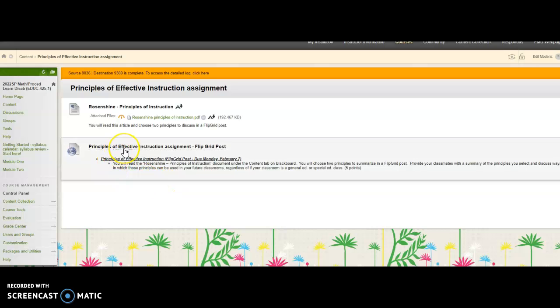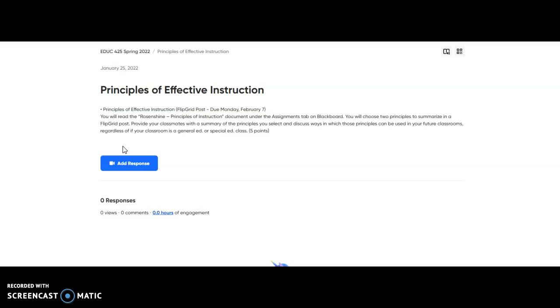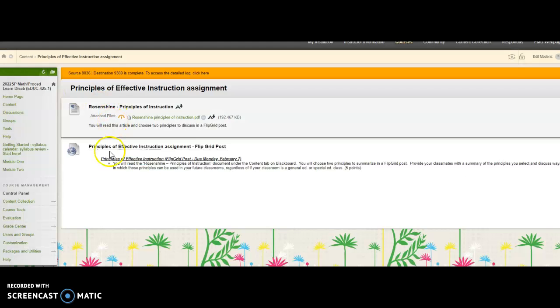So you will just click right here to go to Flipgrid. I'm sure y'all have done this, especially with all the virtual learning we've done. When you get to Flipgrid, make sure you log in with your g.fmarion.edu account. Okay, so that's how it will let you log in. But again, if you just click right here, it should take you right to it. If you have to log in, again, just use the g.fmarion.edu. Okay, so that's it for that assignment.